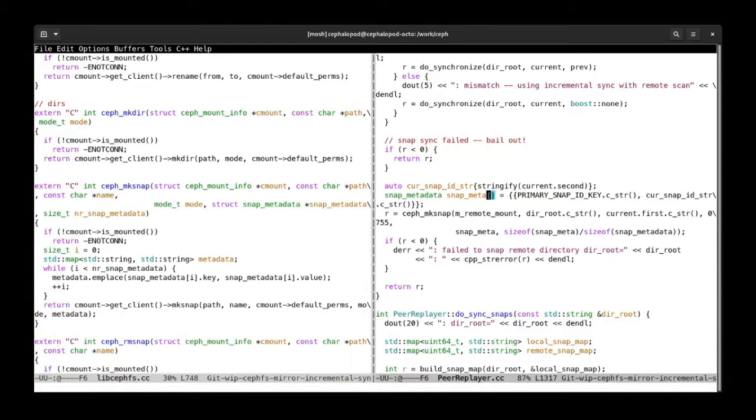But to identify these deletes and renames, and to ensure that we start from the correct snap, we store the primary file system's snap ID for that snapshot, which is like 2 here, in the metadata on the remote snap. So when we do build snap,